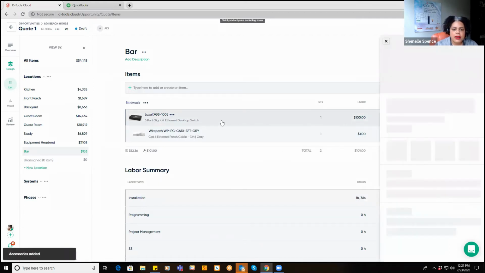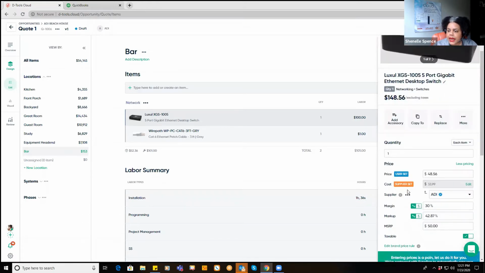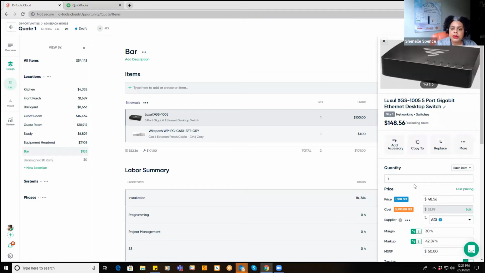And if I click on the product, the details bar will slide out. You can see my cost, once again, is set by my supplier, and I just punched in how much I'd like to sell it for. Now, any changes that you make on this particular product are specific to the ADI Beach House, which is really nice when quoting. You can make adjustments for this customer without updating your master catalog. And if you do make a change that you would like to push to the catalog, you can simply click on the More menu and make those changes global